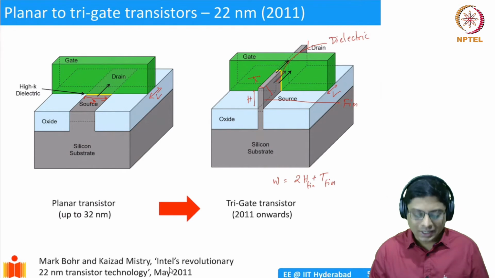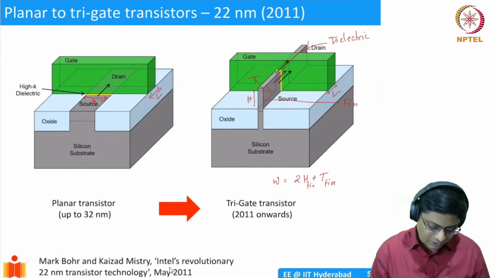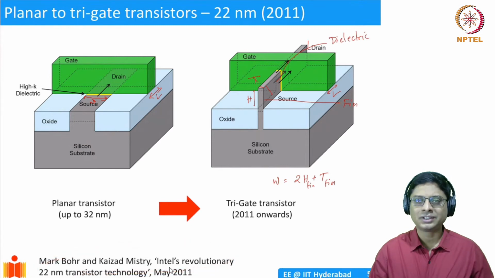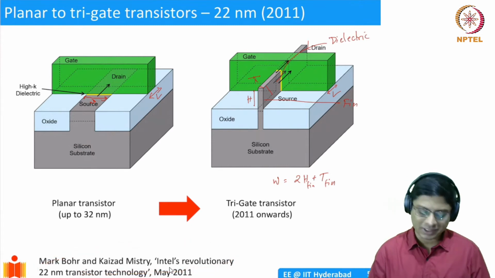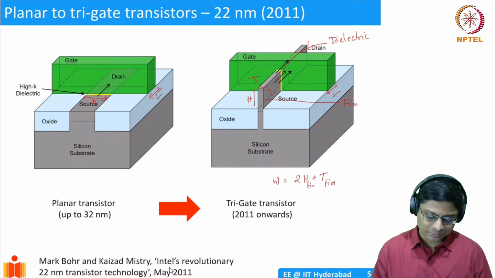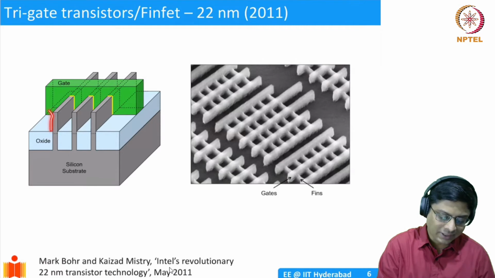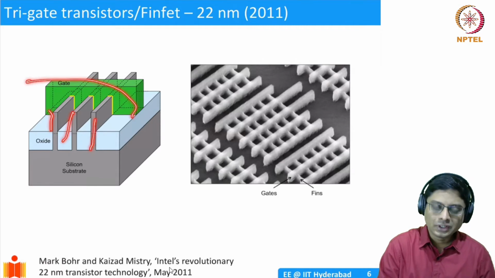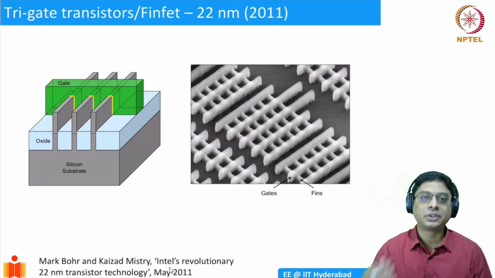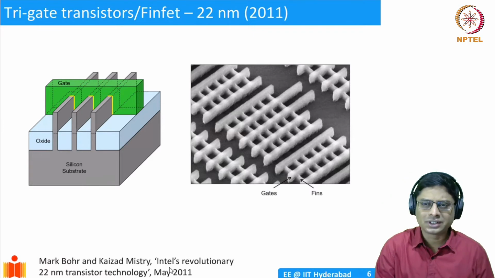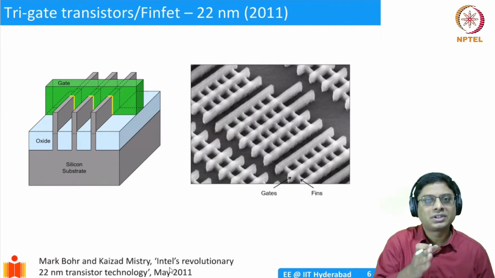Of course there's a lot of detail, and if you go back and look for this presentation, you will find some details. And with your background in semiconductor devices, now you should be able to understand some of that. So now this is what it is. And the beautiful thing is, you don't need to have just one fin. You can have more fins. So you can have multiple fins like this, and you can have an oxide like this. That way, you are able to increase the width of your transistor. The physical lateral area is very small, but you can have much larger widths.